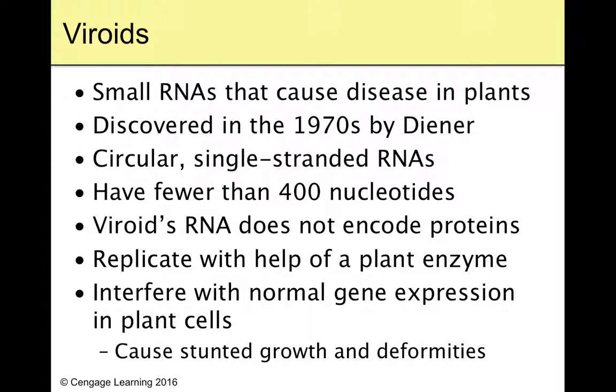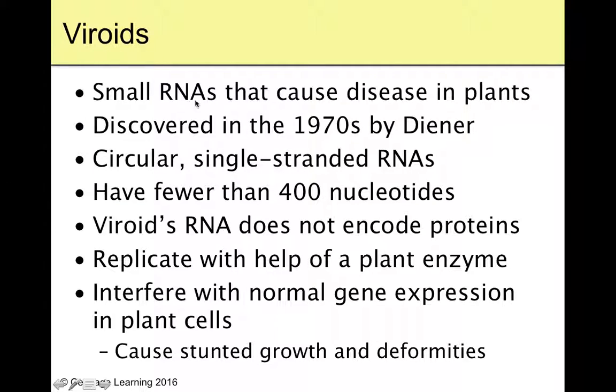So there are some things smaller than viruses. Actually, there are a few things smaller than viruses that can cause disease. One is a prion, which we don't talk about in this class, but a prion is an oddly shaped protein, and there's nothing else in it. It is just a protein, and it will infect and kill animals. And then there's a viroid.